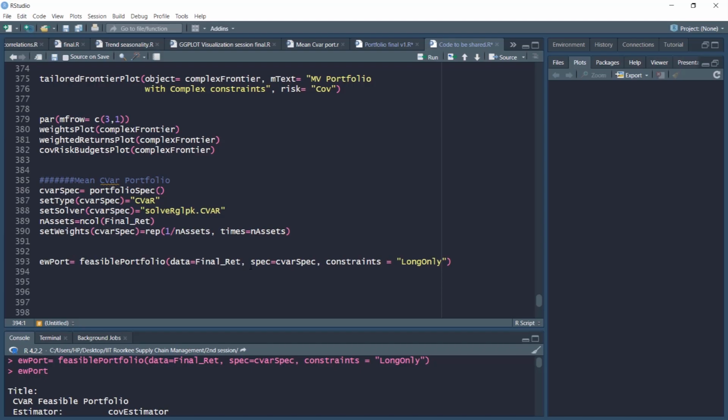So to summarize, in this video we initiated a CVAR object, which was in contrast to our covariance risk object that we created in the previous series of videos in this lesson. The other remaining commands to create frontier plots, tailored plots, and other things remain identical. So in the interest of time, we'll not repeat them. We hope with this lesson and with this R implementation, you are now comfortable with constructing a portfolio of your own choice with your own securities